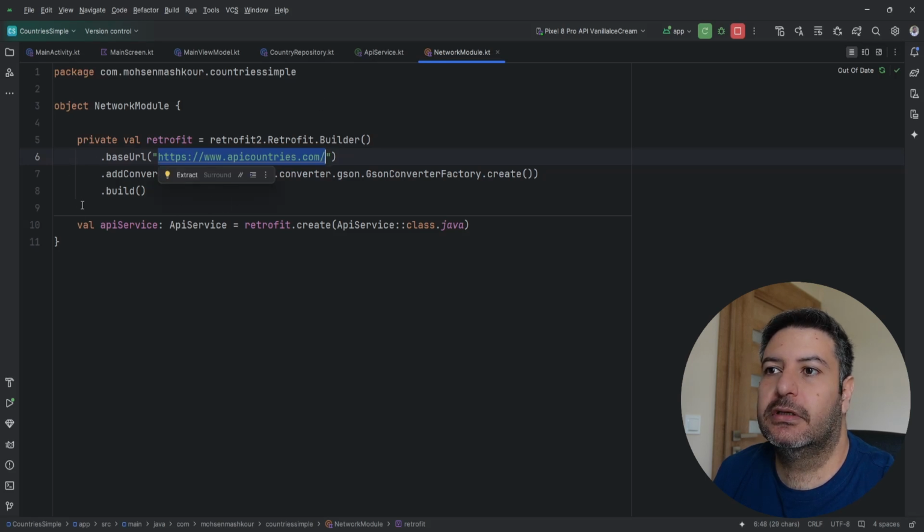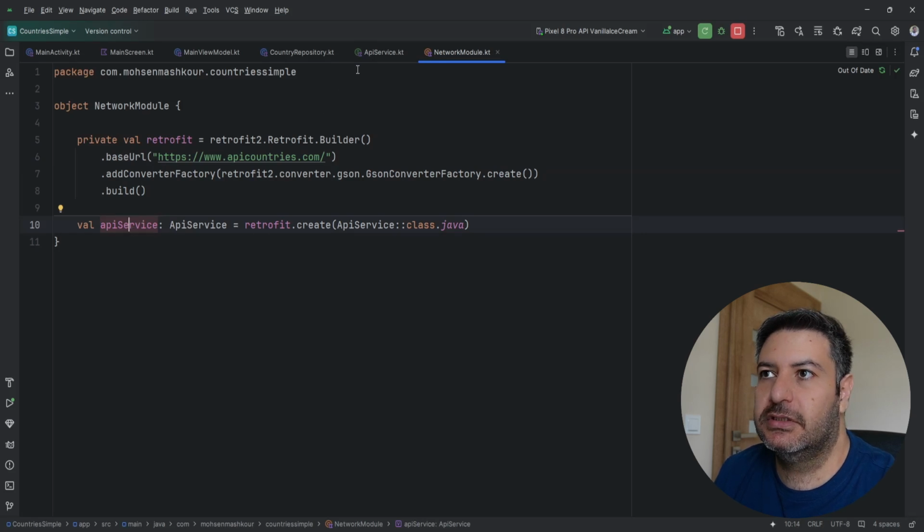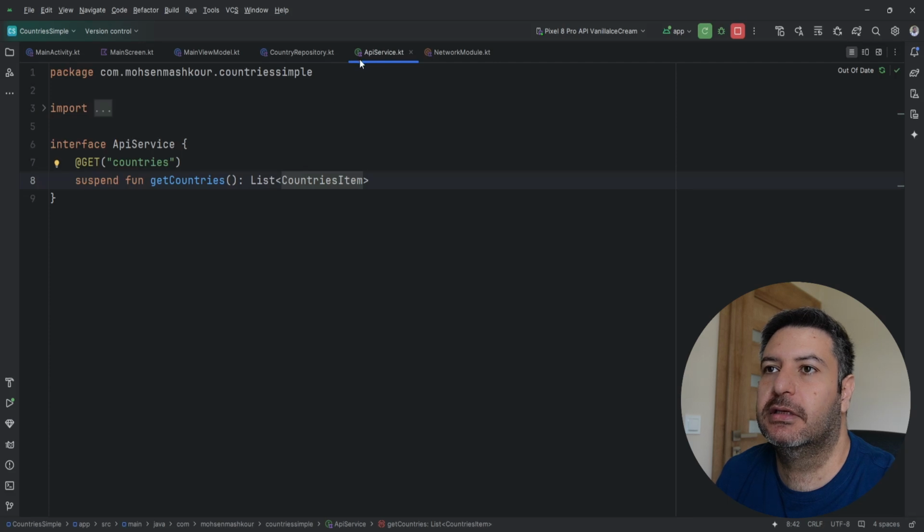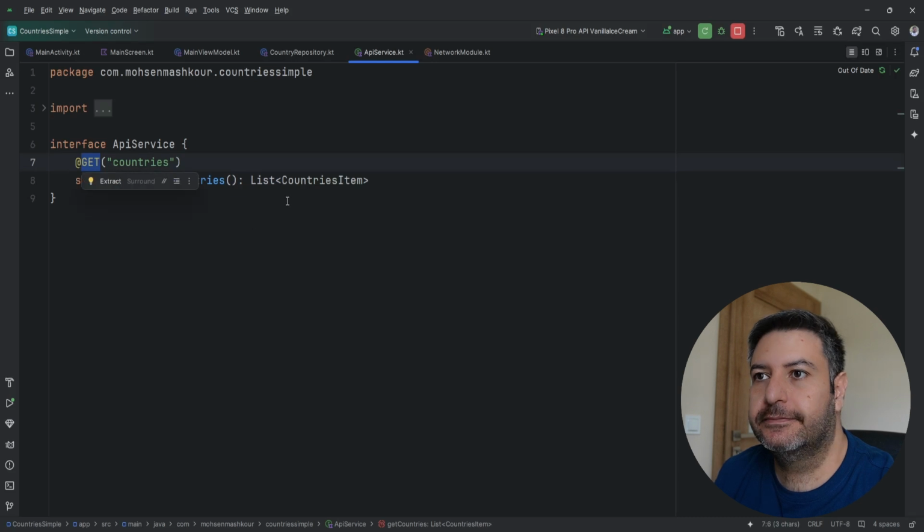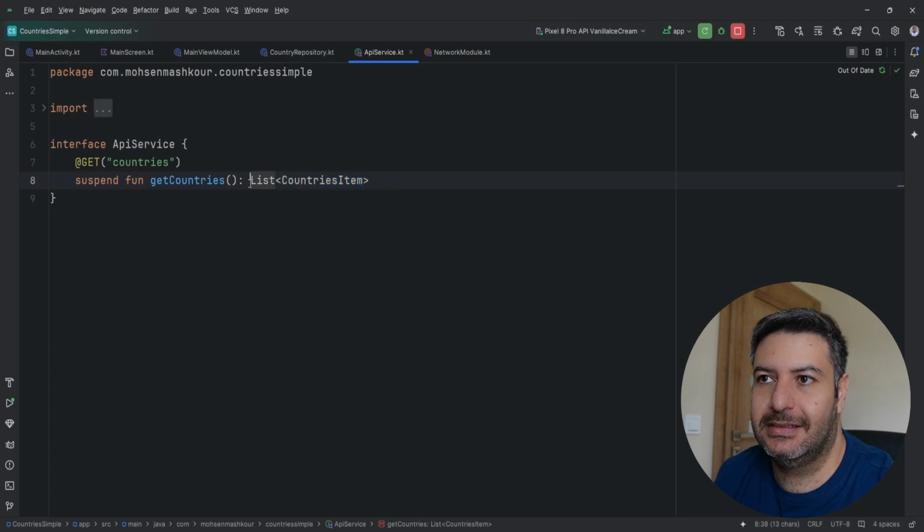Then after building this Retrofit setup, we have a reference of API service, which is an interface here, and we are going to create this API service. And inside the interface API service, we have the endpoint and a suspend function. After calling the API and using the get, the received data will sit on this list